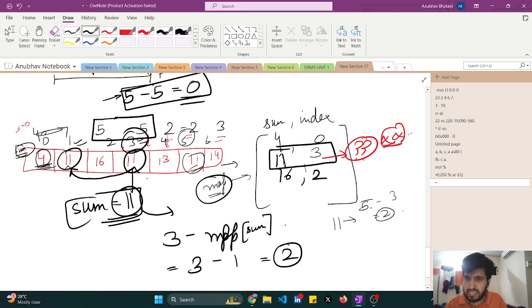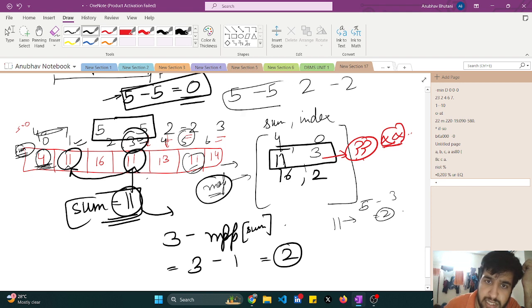Whereas 2 is not my answer, right? 2 is not my answer. I have a better array. What is my better array? 5 minus 5, 2 minus 2. This whole is